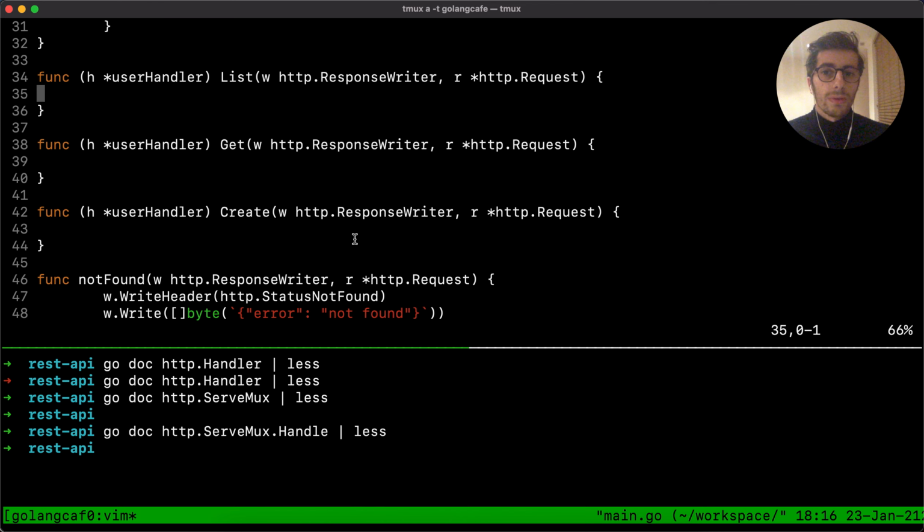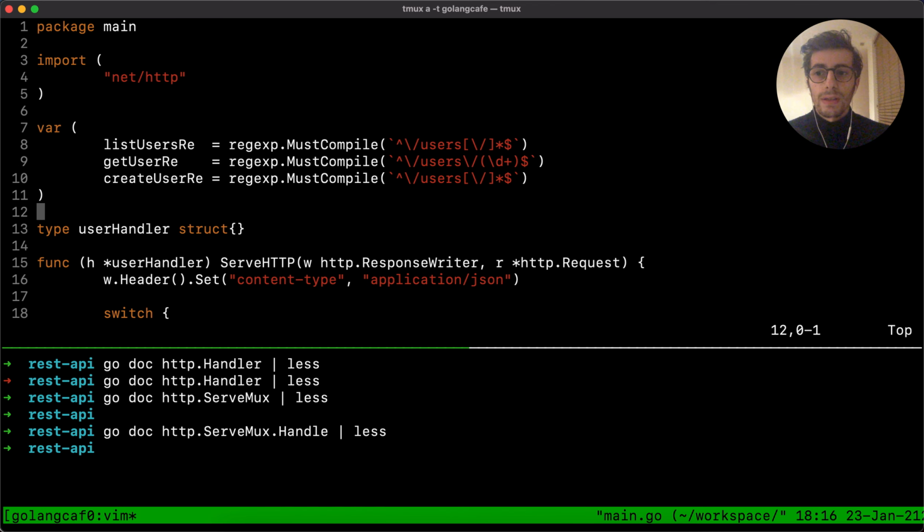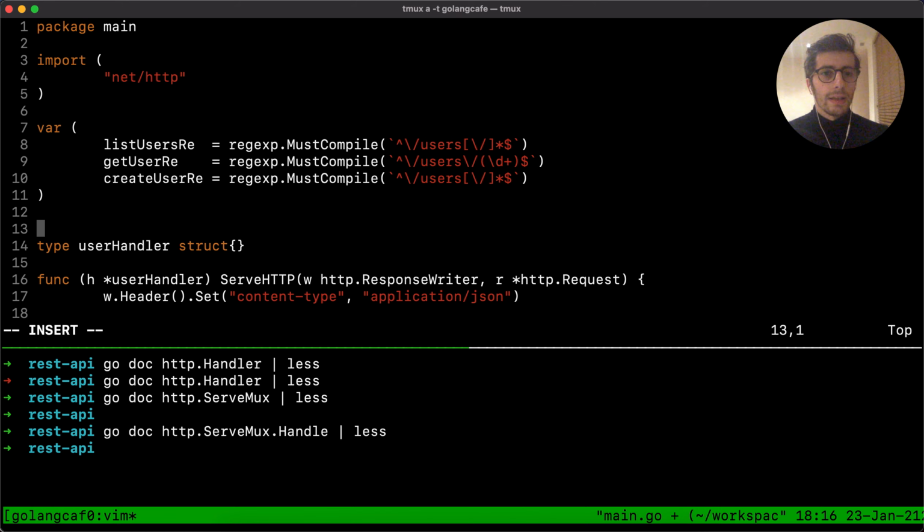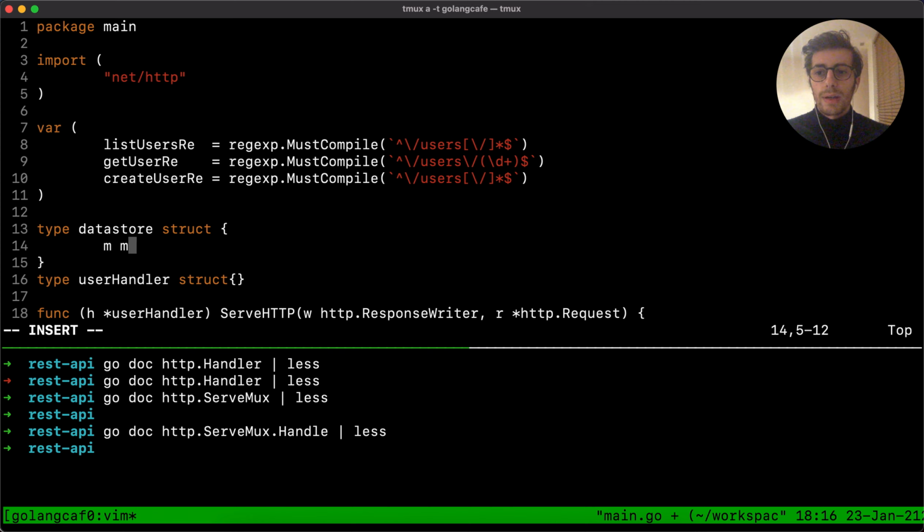We need to list a set of users. The first thing that we need to do is come up with an in-memory data store, just for our example, but you could also have a different type of data store, for example a SQL data store or any other type of data store. For our example, we're just going to use a very simple in-memory one. Data store is a struct, and our data store is a map that maps a string into a user